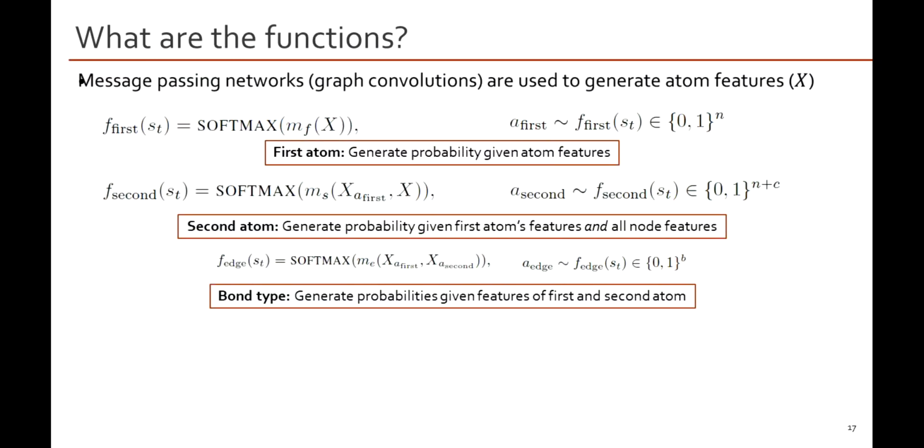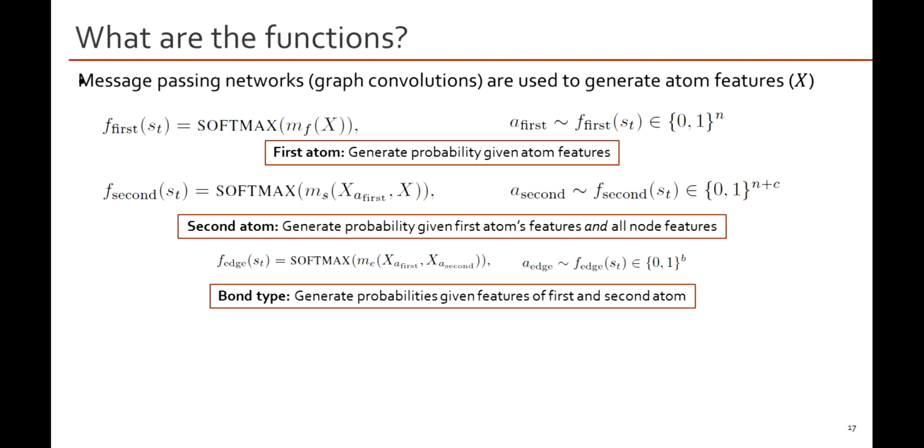So here we have to learn two different functions. One is our action function, and here we use graph convolutional networks to express those functional forms, which gives me the advantage of being able to generate features that are specific to each atom in that molecule. So what I can do is take those features and pass them through a neural network, and then a softmax function, which gives me a distribution of values between 0 and 1 for each atom in the network, which I can take to mean probabilities for choosing that as the first atom